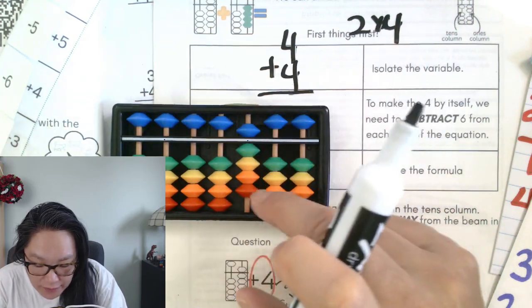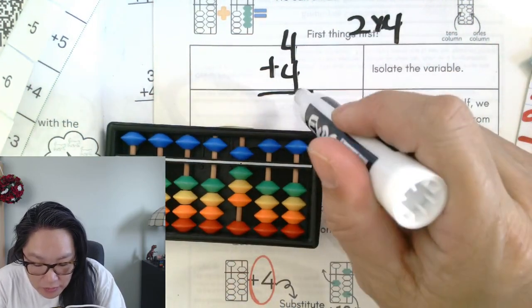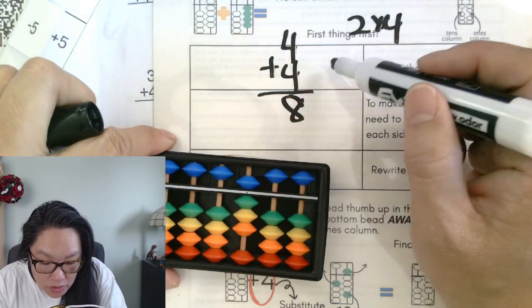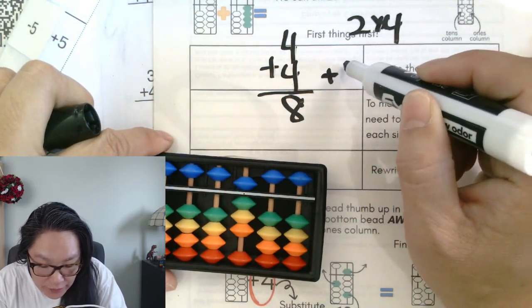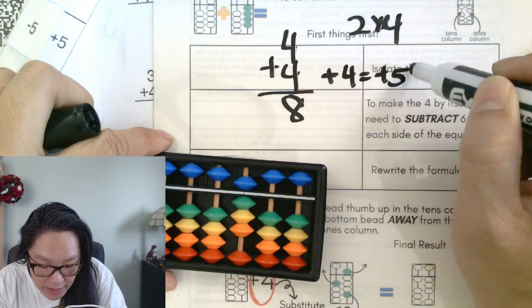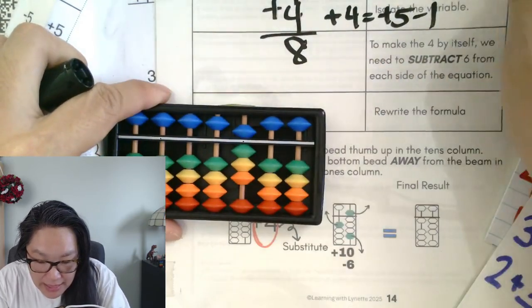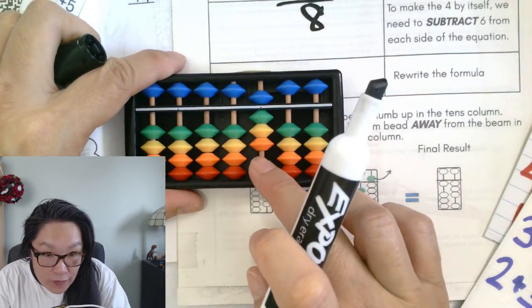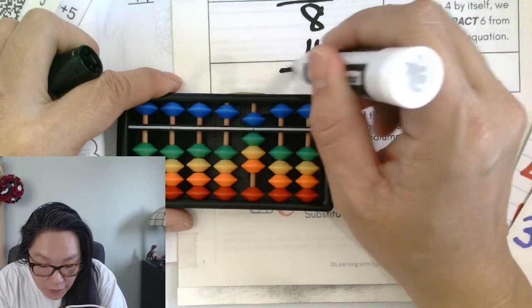Plus the 4 is plus the 5 minus the 1. That's 8, right? Let's do another one. So what we did is we plus 5 here. Plus 4 is equal to plus 5 minus 1. And then we do 8. 8. We don't have enough beads to add the 4. To plus the 4, what is the